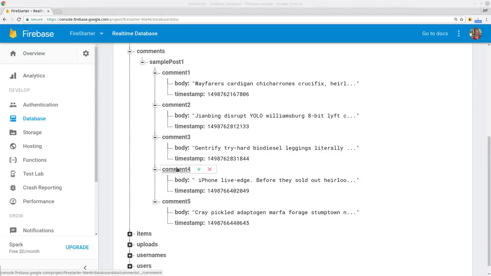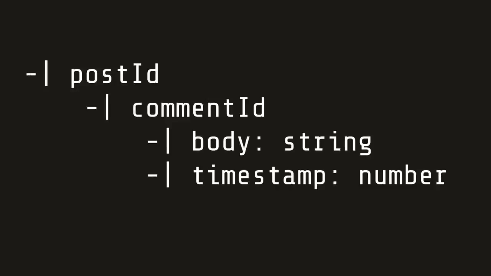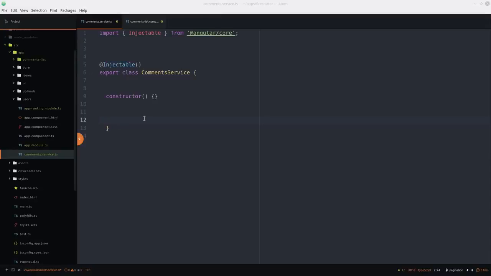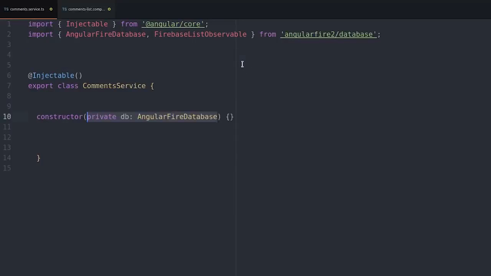In the database, we have a series of comments nested under their associated post ID. Let's start by retrieving a Firebase list observable from the service. First, we import the Angular Fire database, and then we build a function that will take a post ID, an offset, which is the number of comments we want to retrieve, and a start key, which is where we'll start